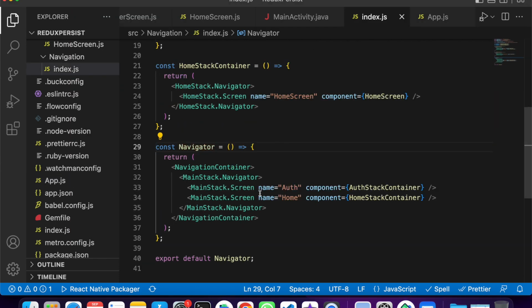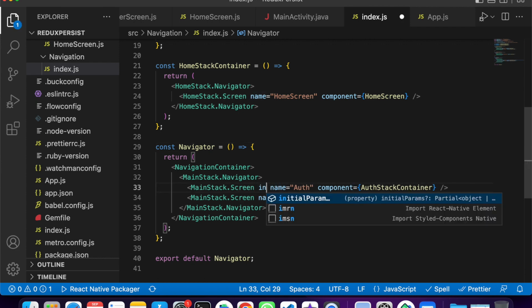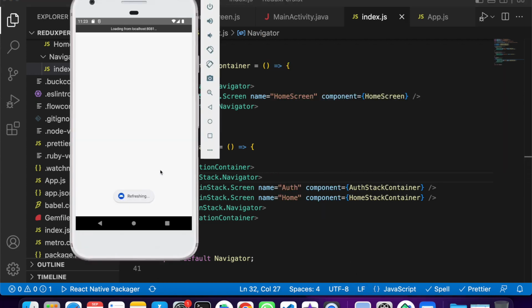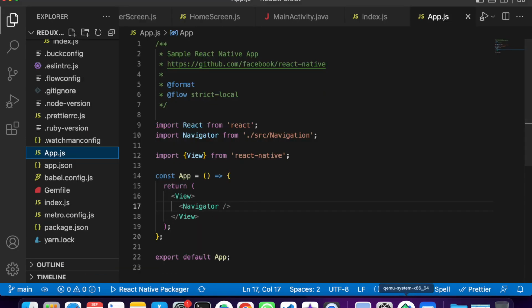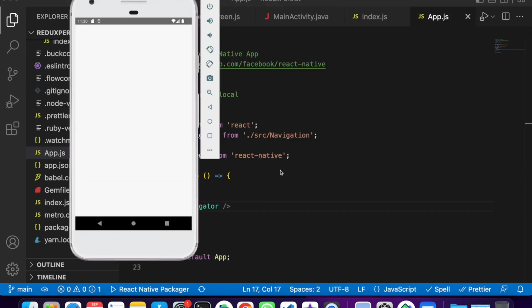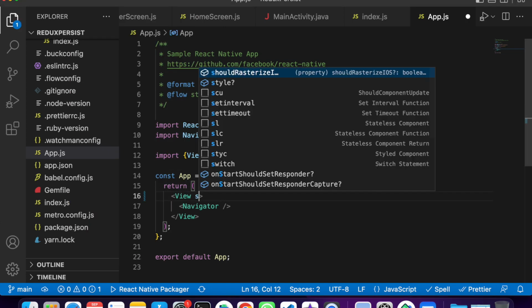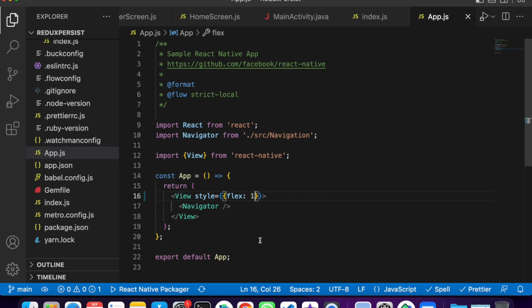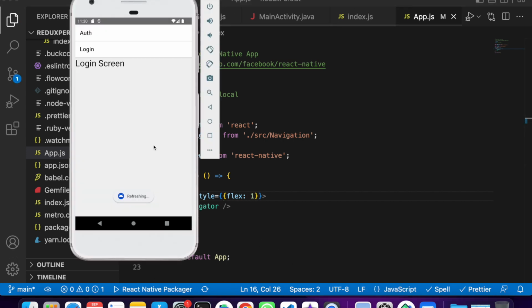We can just go to the navigator. We can just have main navigator. We can just check out what the error is. App.js file. So still the screen is not visible because we didn't give flex to the style. So we can just have flex equal to 1. Now if I refresh, see,